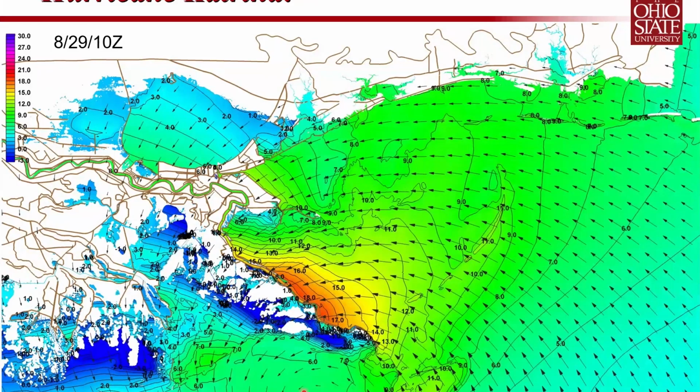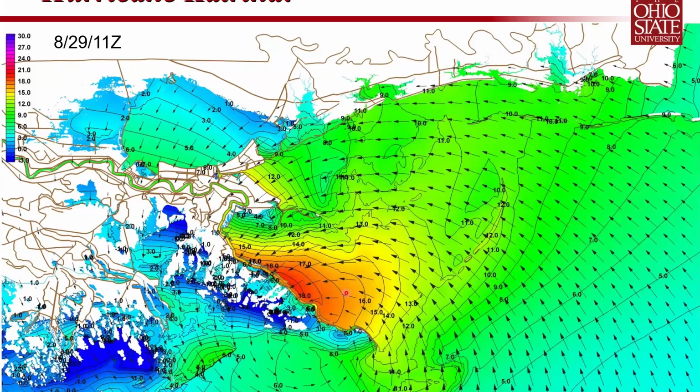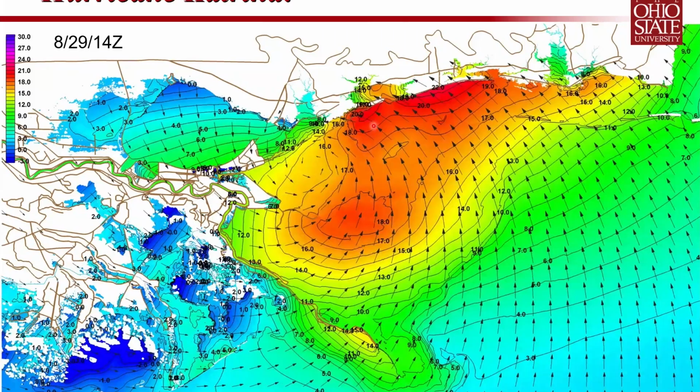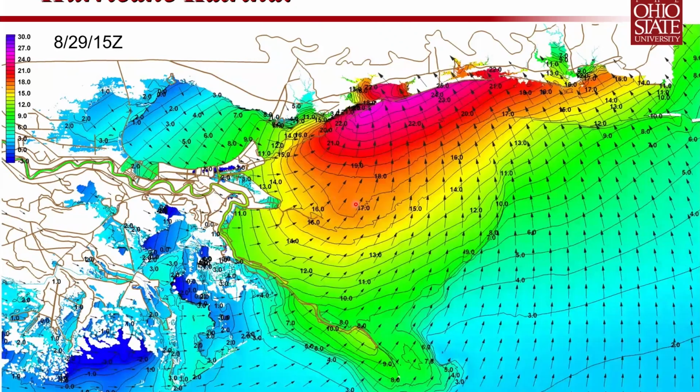A couple things to point out: the hurricane is spinning around counterclockwise this way, and as a result of that, there's a levee on one side of the Mississippi River here, and you can see water piling up along that side of the levee. The red colors here indicate higher water levels. And the other thing that I want to point out as we go through here is that as the storm starts to approach land, you can see now the wind vectors over Lake Pontchartrain are pointing directly down to the south, which is pushing all that water towards downtown New Orleans. And you can start to see some flooding occurring in those regions that were initially dry.